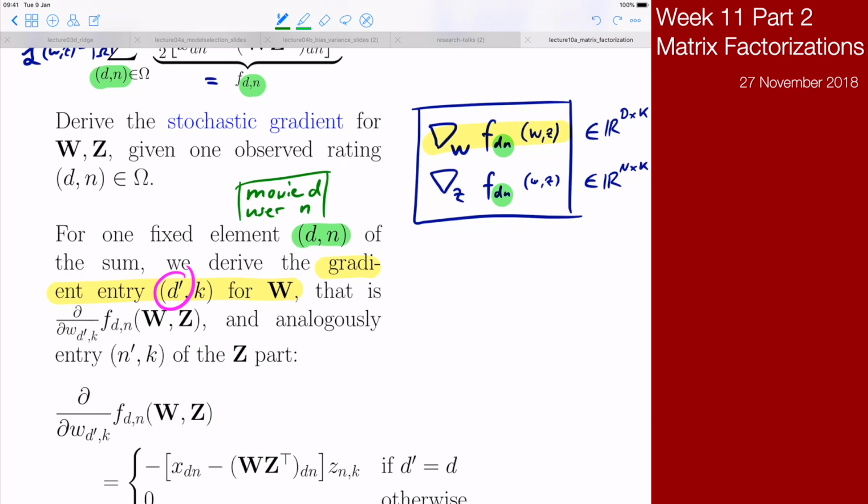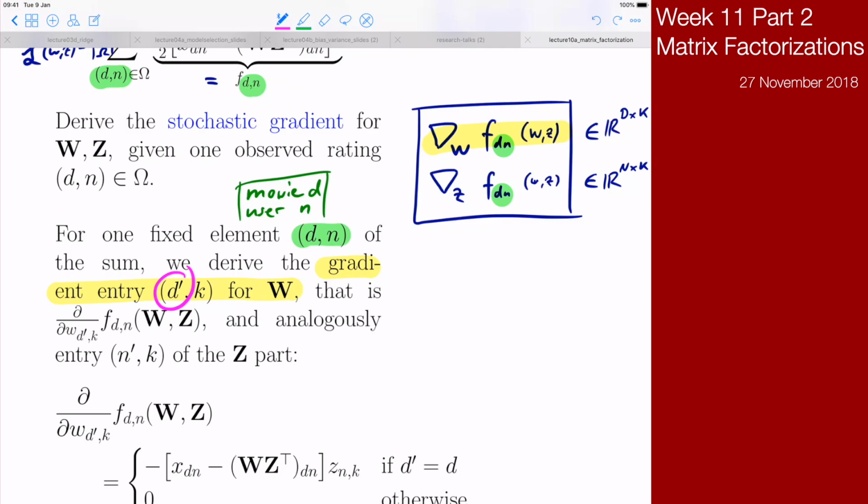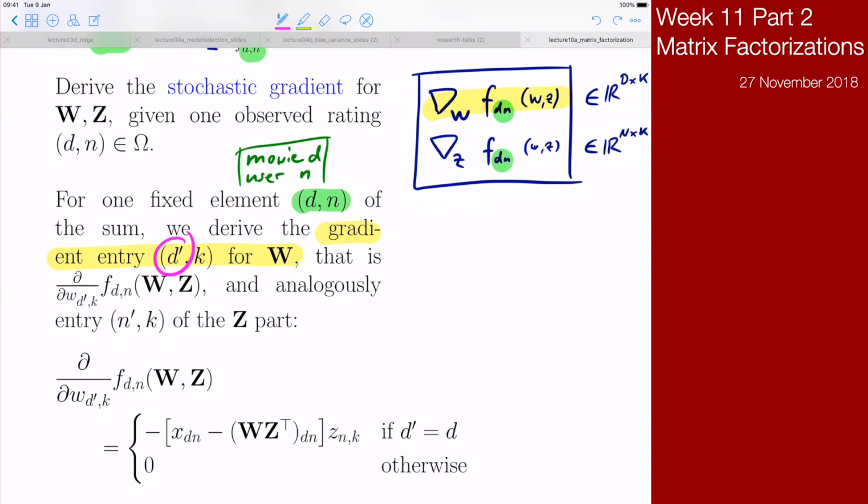So yeah, if that's a bit unclear, don't worry, it's not hard, you can think a little bit more later. So let's try to compute the whole yellow matrix, and then I will also want to compute the whole Z matrix later, but that's the second step. Let's do the d prime k entry first, and that's,